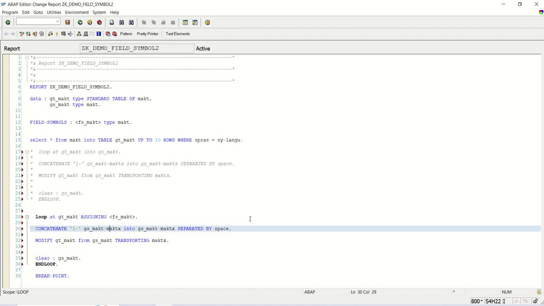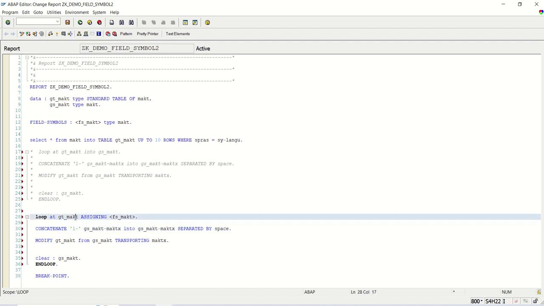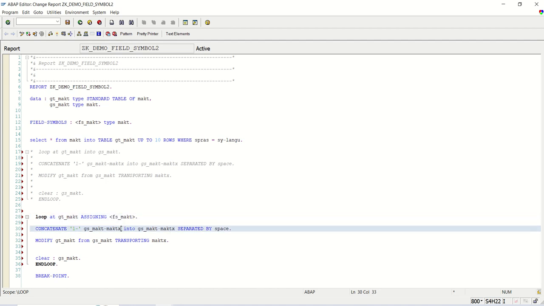Now let me show you. Here we are assigning this table record to this field symbol. Okay, now what we have to do, simply replace this